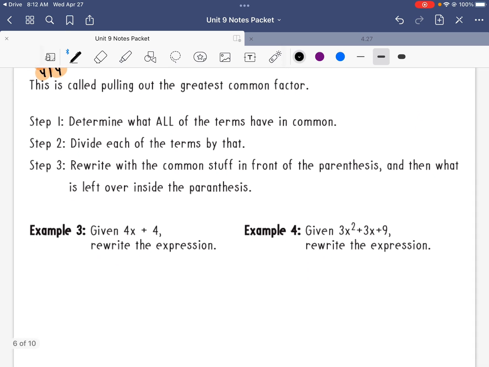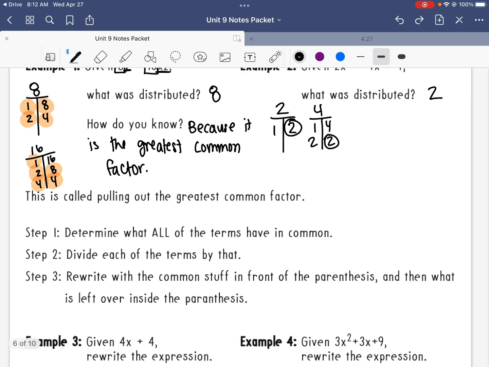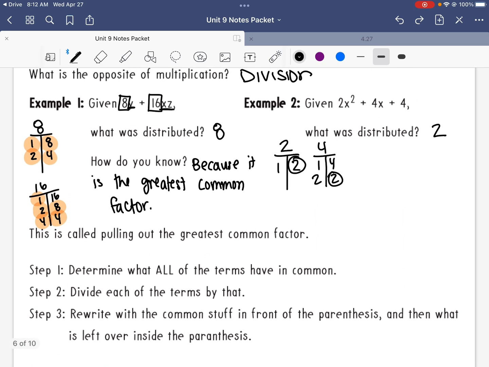Okay, so step 1 is to do exactly what we've been doing. Determine what all of the terms have in common. Now, step 2 is how we're actually going to pull it out. And we're going to divide each of the terms by that. Okay, so let's try it on this one up above. Okay, so we're going to divide each term by 2 because that's what was distributed. So we're going to take this 2x squared plus 4x plus 4, and we are going to divide by 2